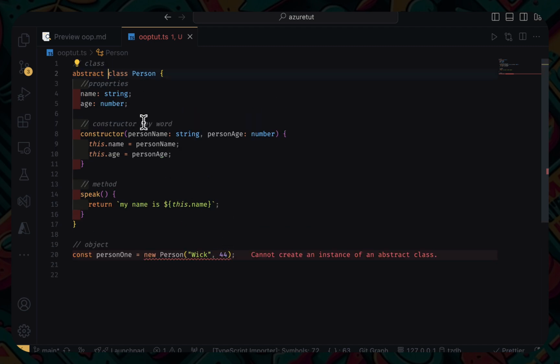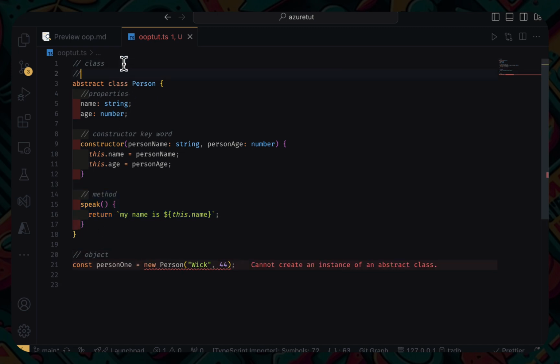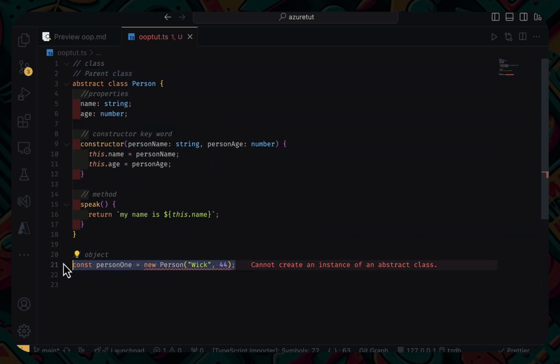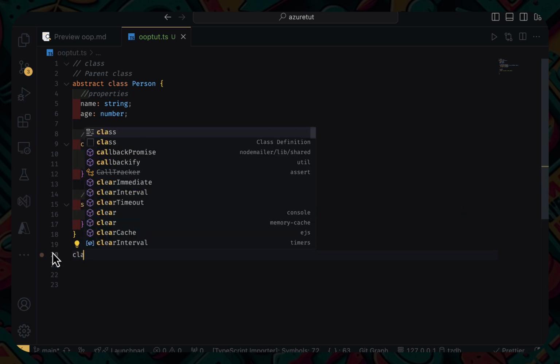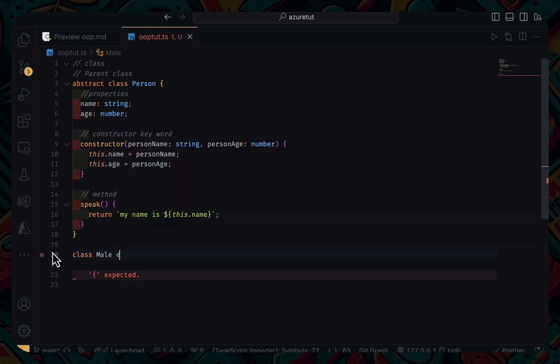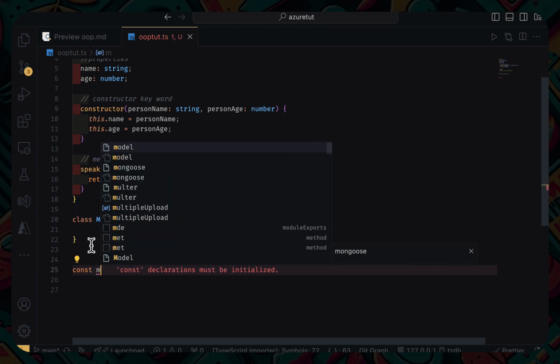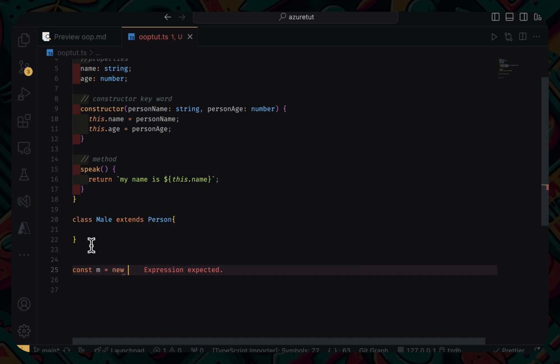What we mean by extend is that we can borrow some properties or some methods. If we have one or two here, we can borrow from the parents. This is the parent class. Then we can now extend. Now, in a person, let's create another class, let's call it male. Then we can extend this person from here. This is a new class. Then if I do const male, or let me just do m equals new male,